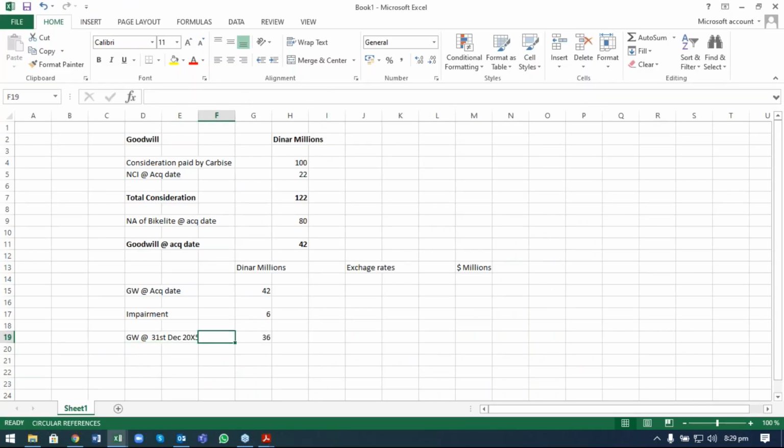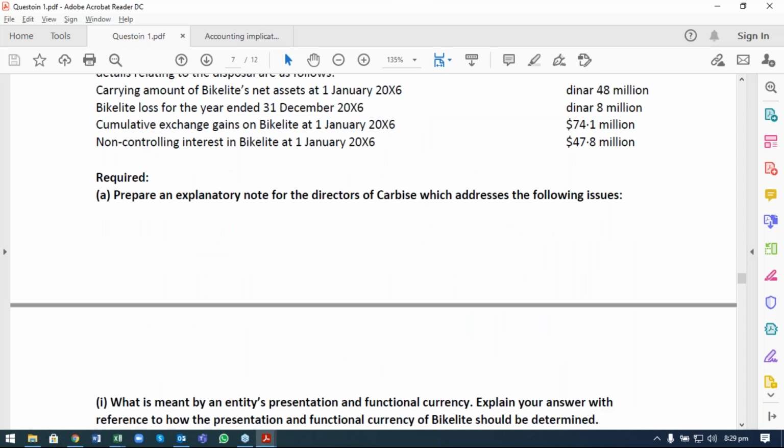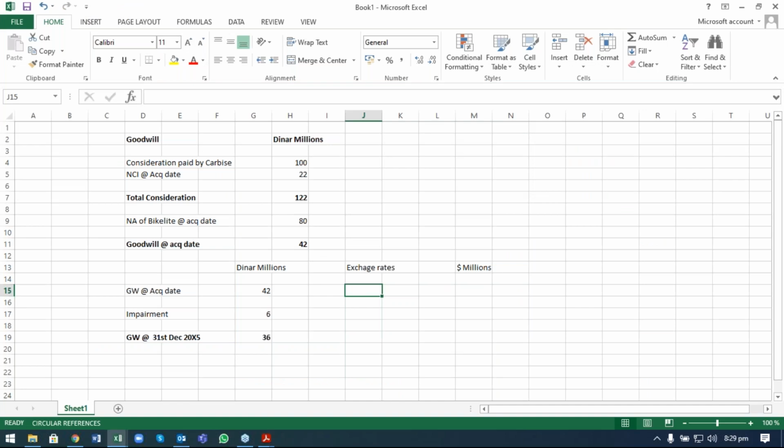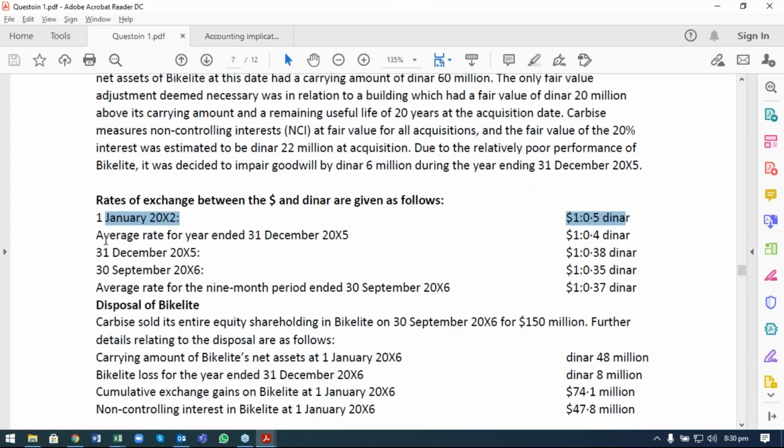So goodwill is 36 million on 31st December 2005. If there is any foreign exchange gain losses, we'll be looking into it. So exchange rates would be, what is the exchange rate on 1st January? It's $1 equals 0.5 dinars. It means if the dollar is of a bigger amount, then I would be creating 0.5 as the exchange rate. For impairment, you need to calculate the average rate for the year ended 31st December. You can see the rate was always given, just 0.4